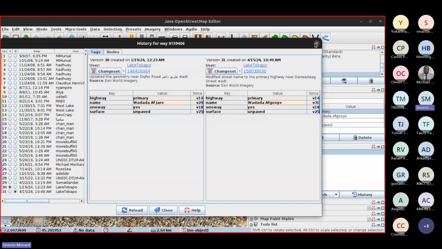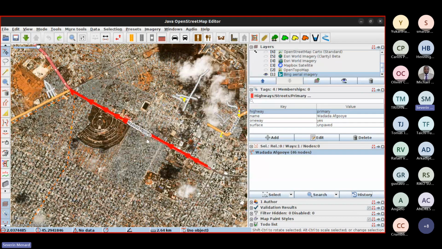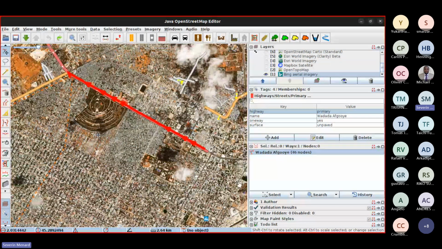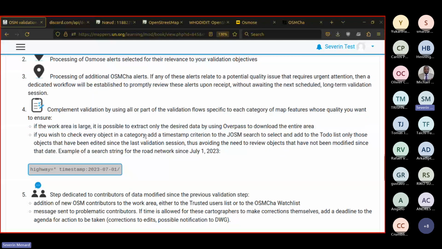But if those names were very important for my project, for sure, detecting that, maybe I would contact someone. Okay, that's also changing the name of a primary road. That's something that can be detected by OSM Check. Okay, so that's it. I will change that by newer. I would change the string after the training.